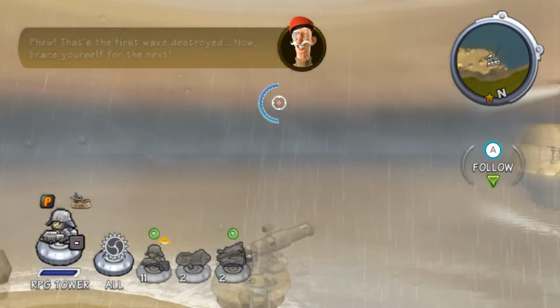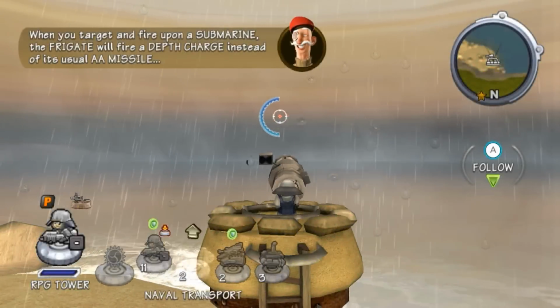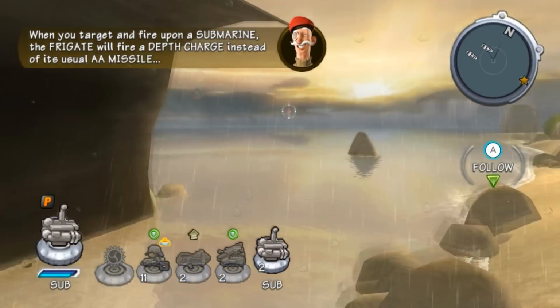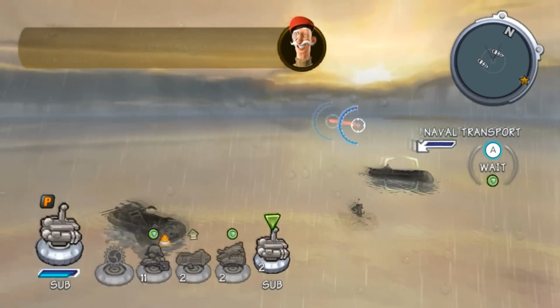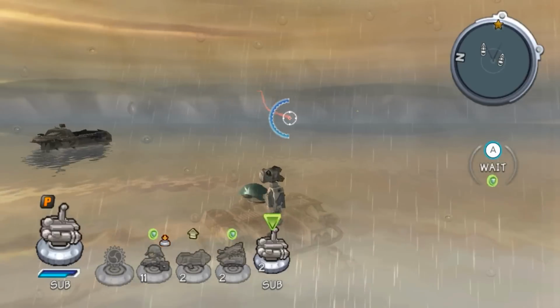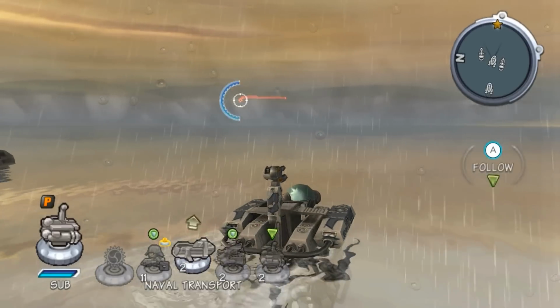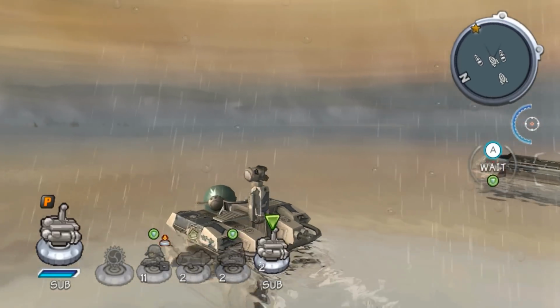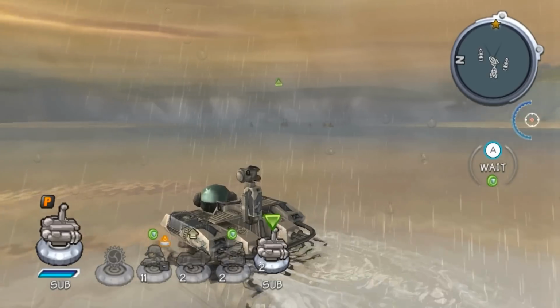On the bright side, I get more submarines now. My submarines will protect the next. Okay. When you target and fire upon a submarine, let's go use these. Charge instead of its usual AA missile. Okay. Now, during this wave, I'm actually going to try to capture the docks. Let's see if I can. Although, honestly, this is actually a harder wave to succeed on because I only have 3 submarines instead of like a bunch of gunships and battleships, so I might actually not be able to pull it off